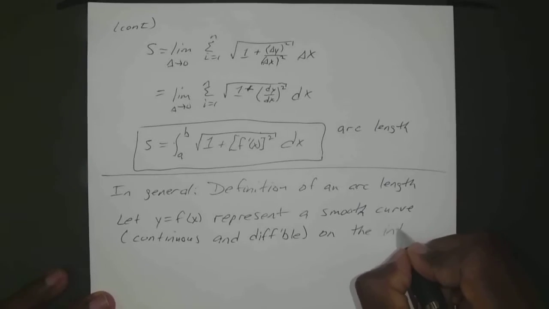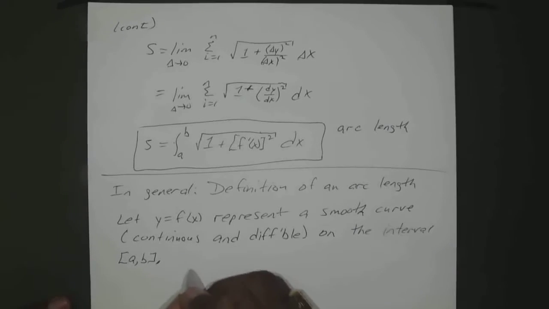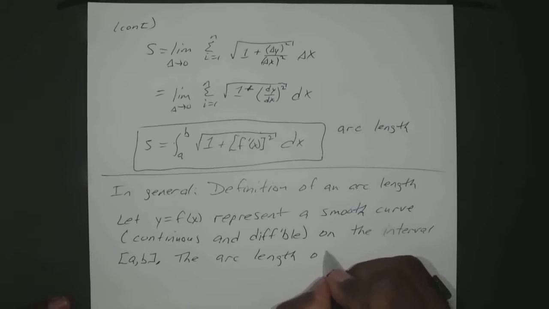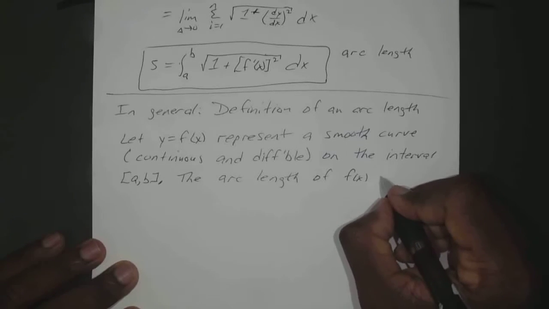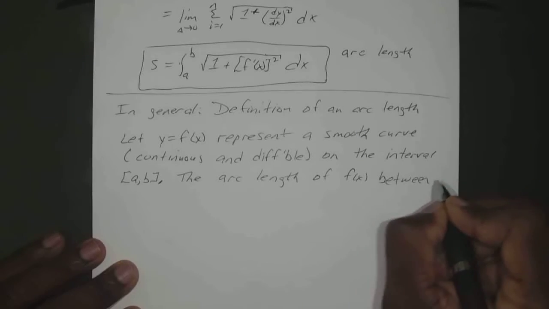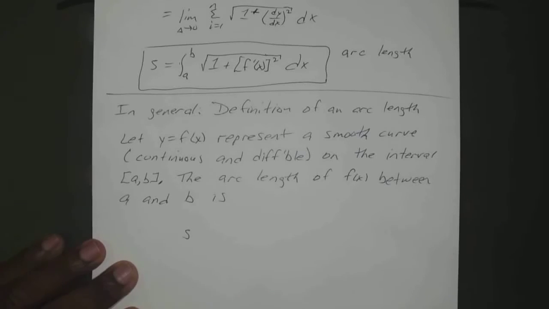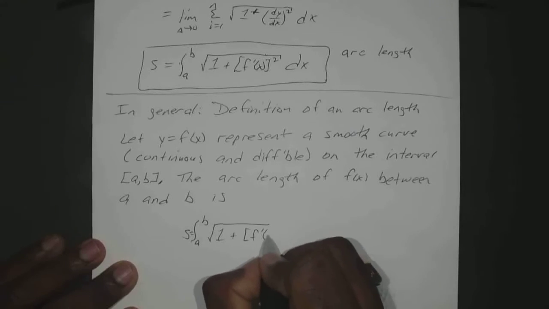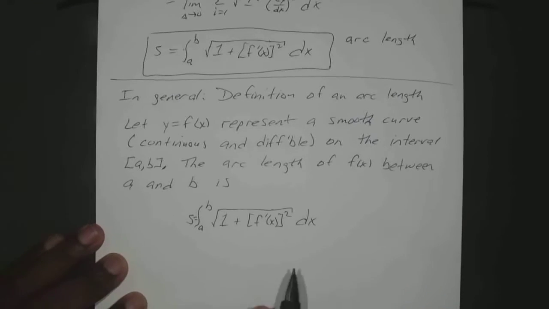On the interval a to b, the arc length of the function between a and b is, lowercase s, equals the integral from a to b, square root of 1 plus f prime of x squared dx,